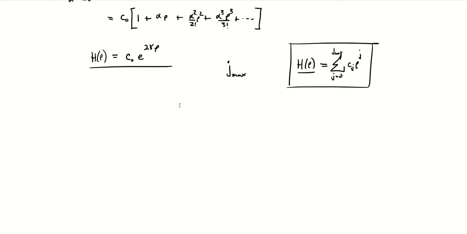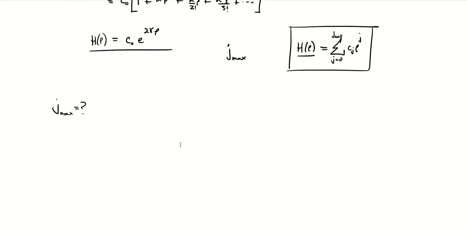So the question now, really quickly, is what is j max? To figure that out, we just look back at our recursion relation, right? We have C_{j+1} is equal to 2γ times (1 + j + l) − 2, all over (j+1) times (j + 2l + 2), all times Cj.